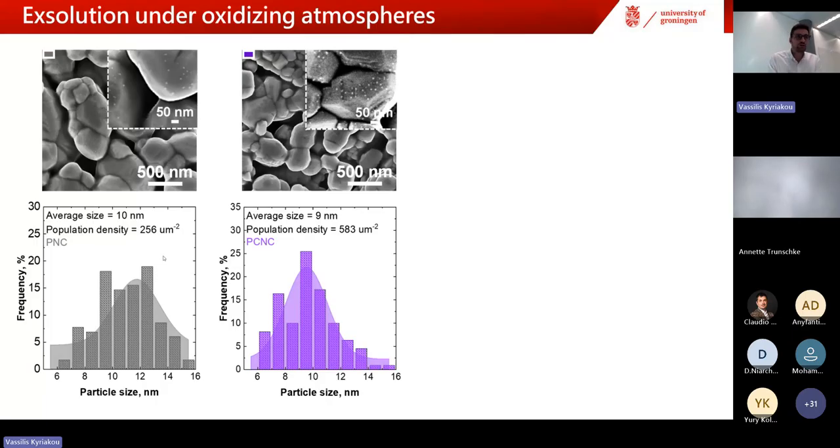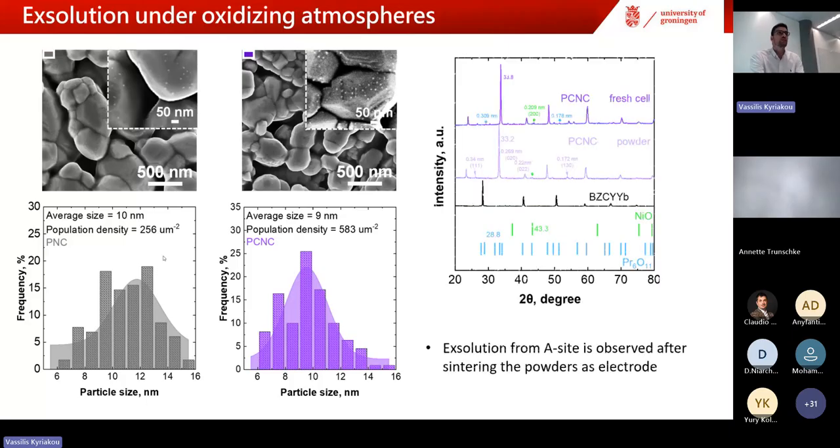And in this case, it's not nickel or cobalt from the B side. The results and the analysis show that we have praseodymium oxide. So this time the exsolution comes from the A side. And that makes sense. We have a highly oxidizing environment, so you couldn't expect that nickel and cobalt would exsolve. You would expect maybe the A side. That's still under exploration, so I cannot tell you too many things, but the interesting thing is that the addition